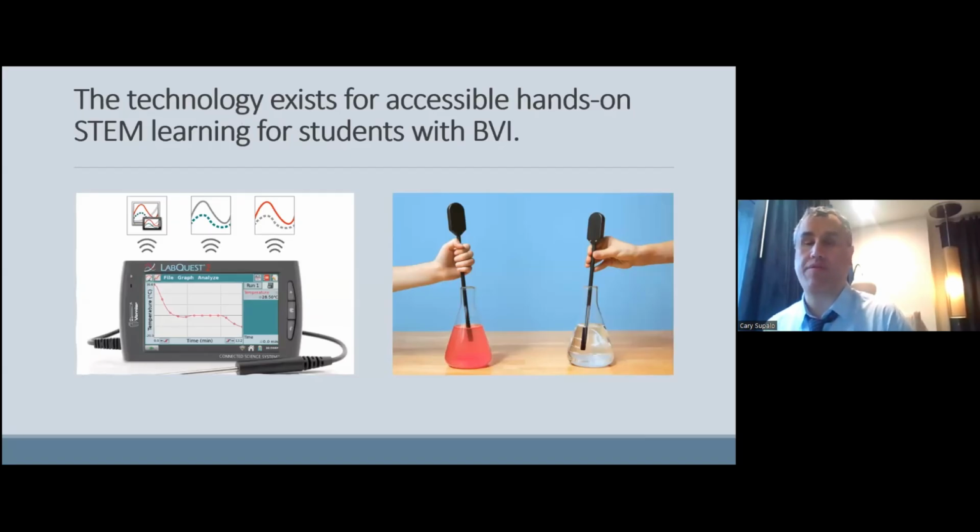So then what are some of the tools? Some of the current tools are the SciVoice Talking Lab Quest, which is a product distributed and sold by Independent Science in the United States, along with Vernier Science Education in Beaverton, Oregon, to put a text-to-speech screen reader application on the handheld device. And once you have a talking data logger, all of the peripheral sensors that are compatible with that device suddenly talk. So here you have a picture of a temperature probe, but there's pH sensors, conductivity, balances, oxygen detection,